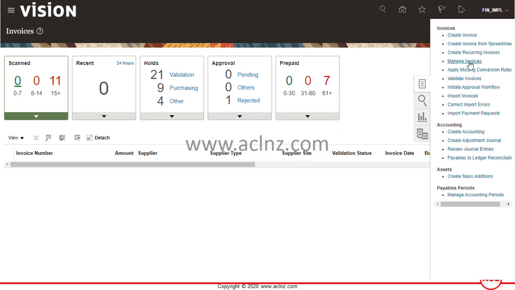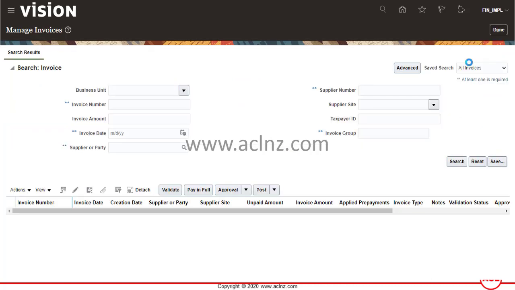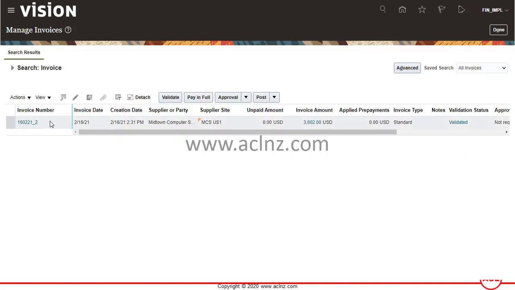So go to manage invoices first, and let's pull out the invoice first, which is, I believe, by this number. Hit the search button. So that's the invoice. I'm going to open this invoice right from here,